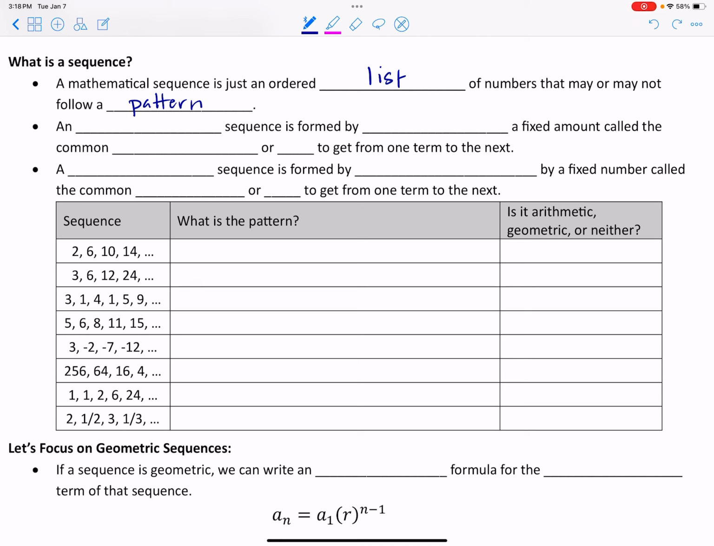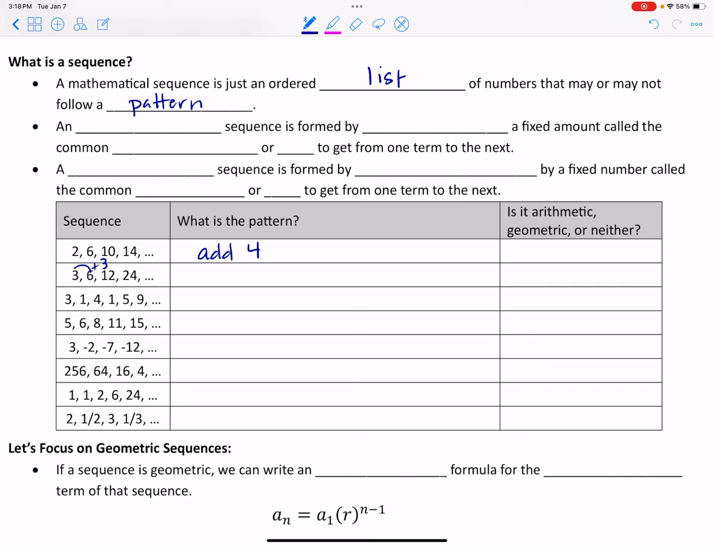So with this first example, to get from 2 to 6, I'm adding 4, and then if I continue that, I continue to get the next terms. So 6 plus 4 makes 10, 10 plus 4 makes 14, and so on. So in this first list, I can see my pattern is to just add 4 to get from one term to the next. In the second list, if I do the same thing, to get from 3 to 6, I'd have to add 3,